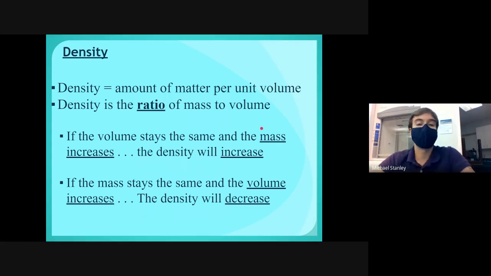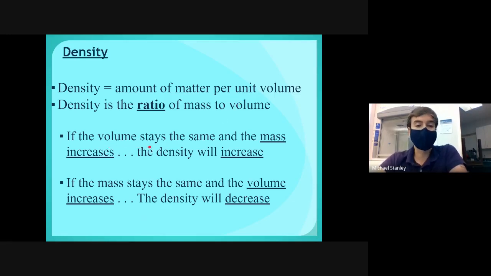So as you might be able to tell by the fact that I've talked about it a whole lot already, density is all about this ratio between the mass and the volume of an object. Mass we talked about on Tuesday, so grams and kilograms and milligrams. And volume we talked about on Tuesday as well: liters and milliliters and centimeters cubed. So we have our weight, our amount of matter, and we have our volume, the space that the matter takes up. So if you want to think about how changing the weight or changing the volume can adjust the density,